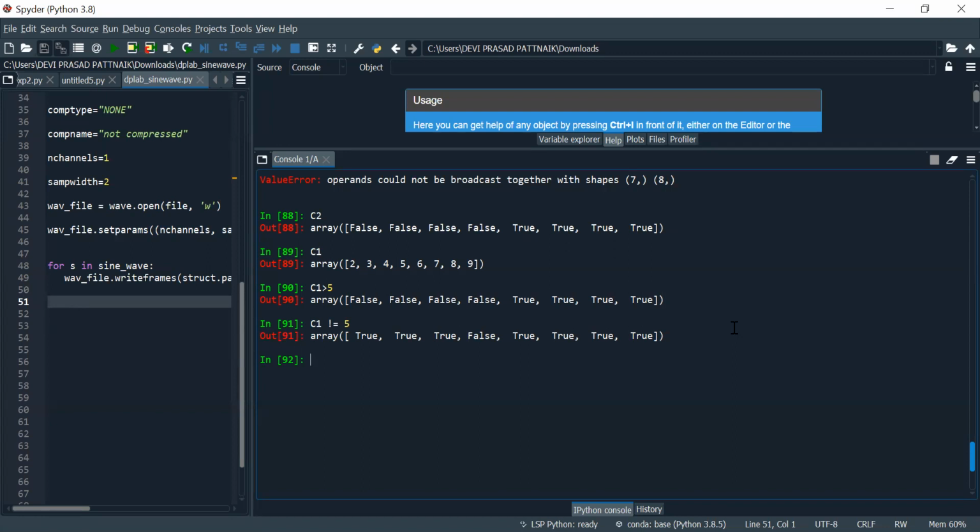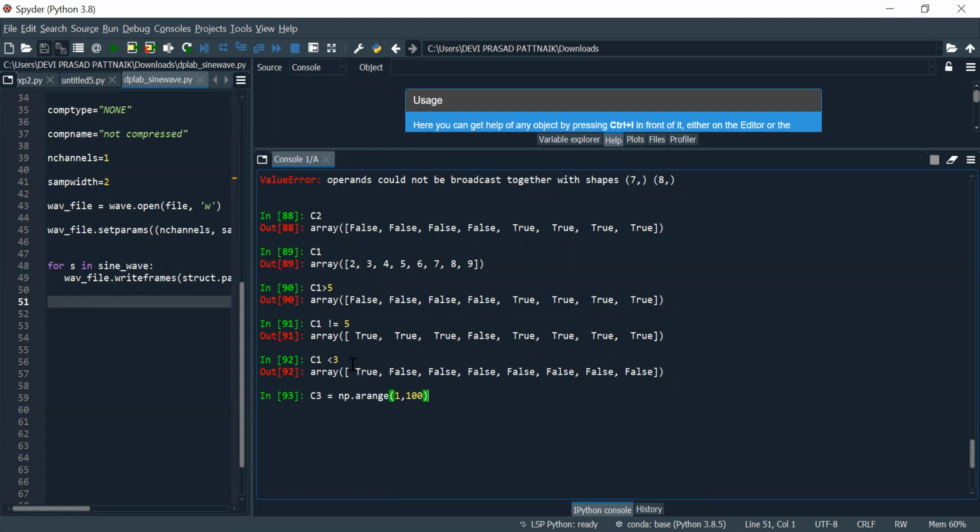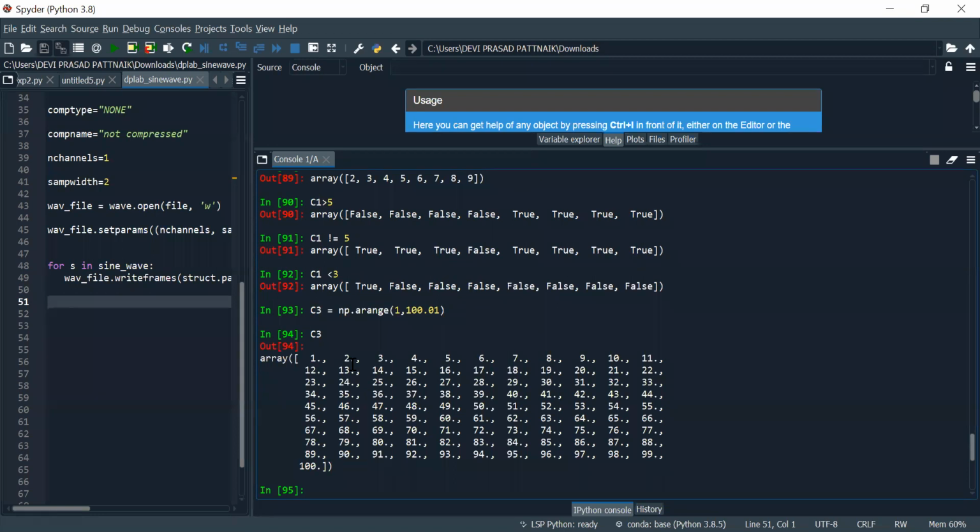And if we go for less than 3, it is also returning an array. With np.arange, C3 has all these elements.